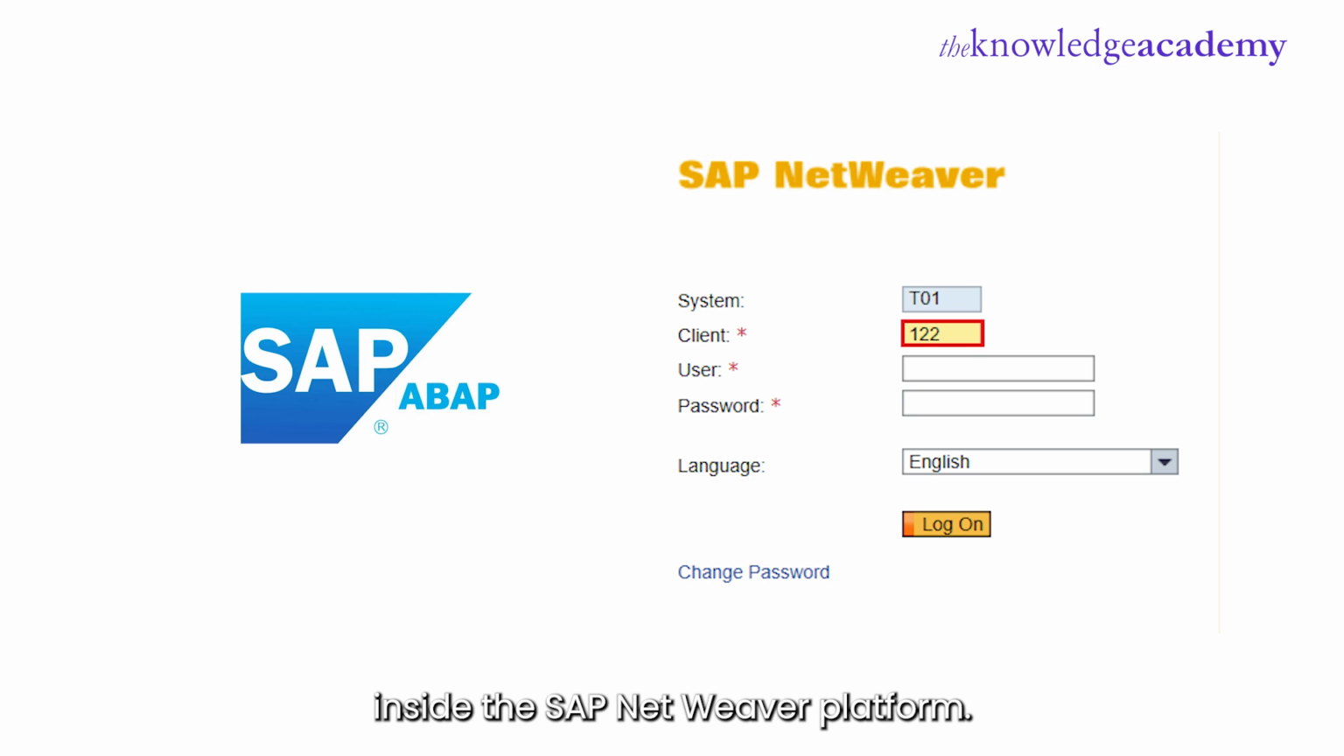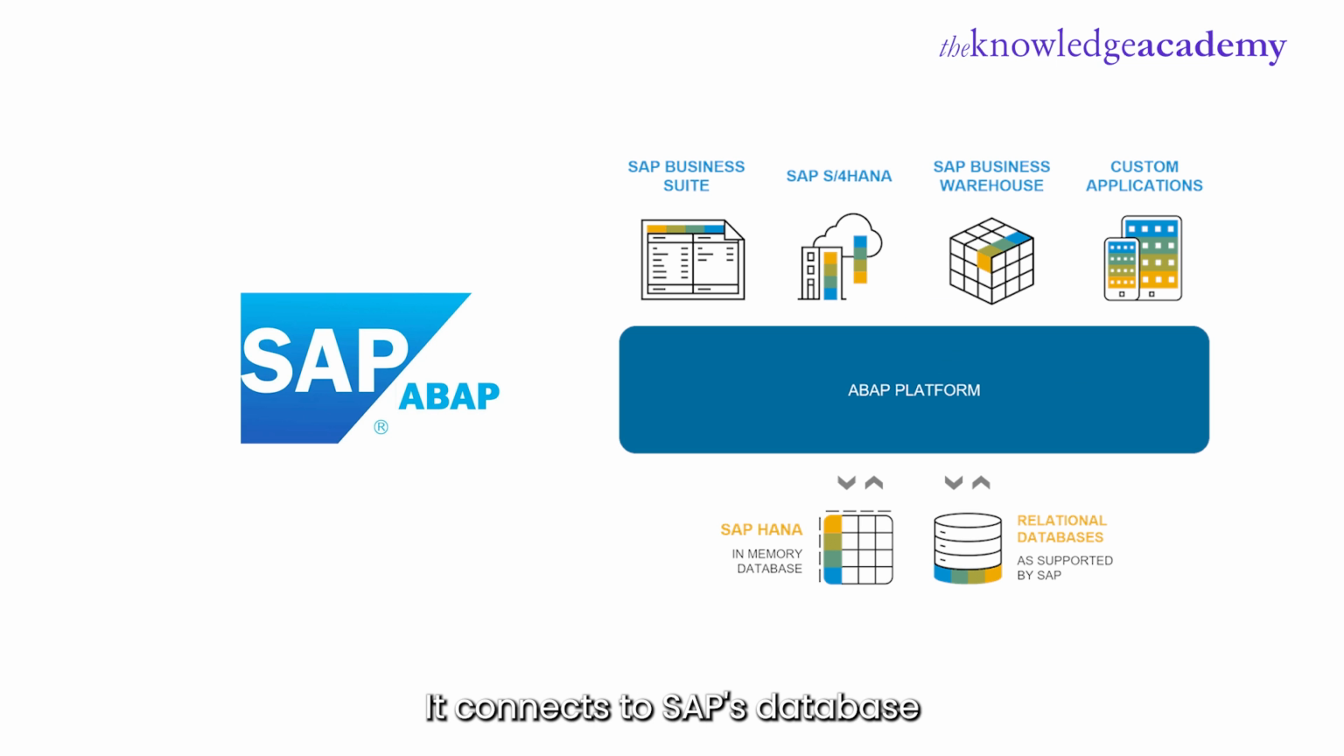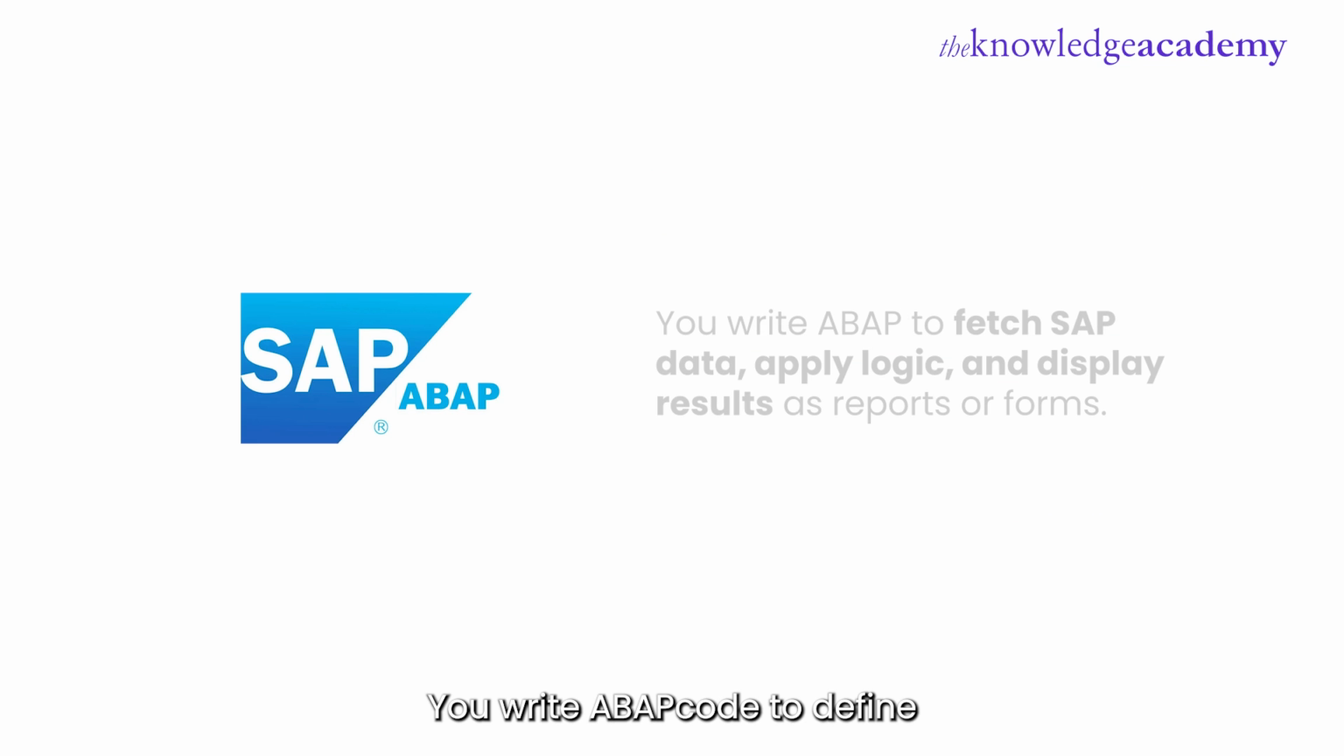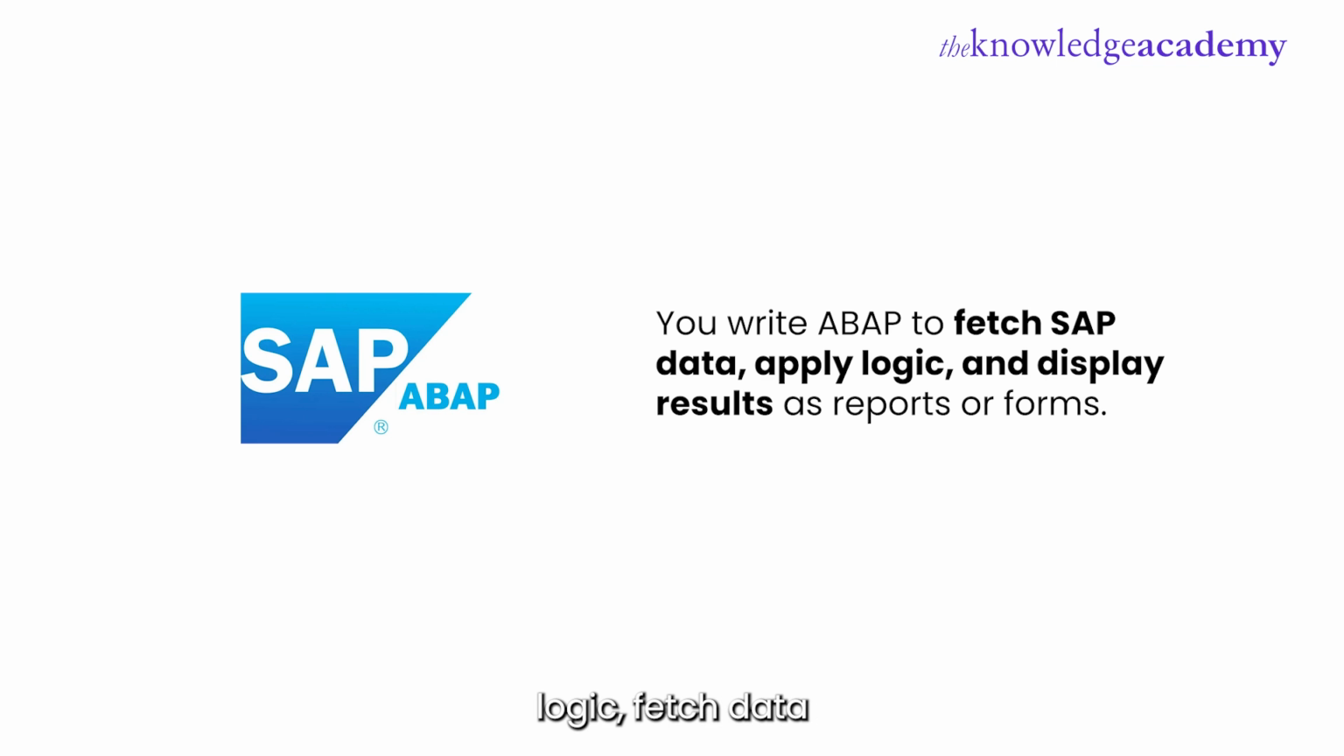Let's move on to understand how ABAP works. ABAP code runs inside the SAP NetWeaver platform. It connects to SAP's database and front-end through something called the ABAP Workbench, a development environment provided by SAP. You write ABAP code to define logic, fetch data from SAP tables, and display the results in user-friendly formats like